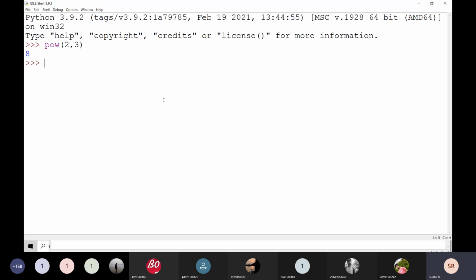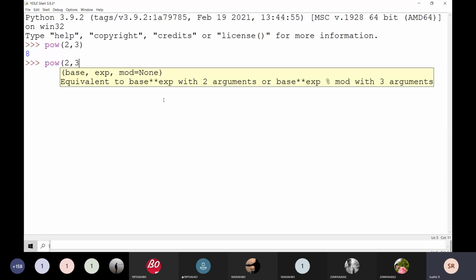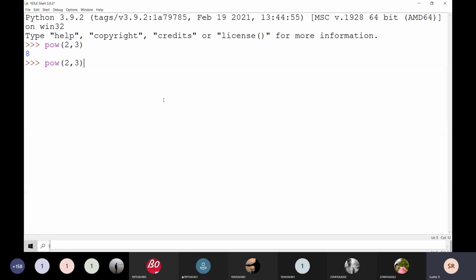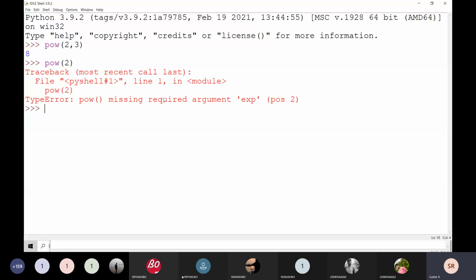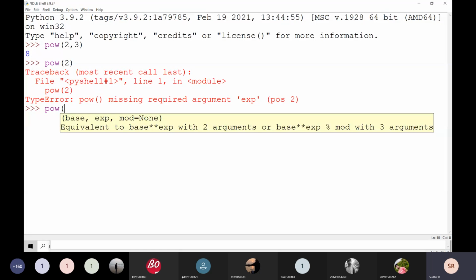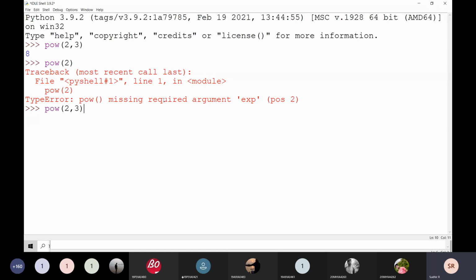I'm going to call the function with two values. If it is only a single value, it says you are missing a required argument, and it is going to give an error here. That means whenever you are using the power function, you have to pass two values. No doubt about that, two values.